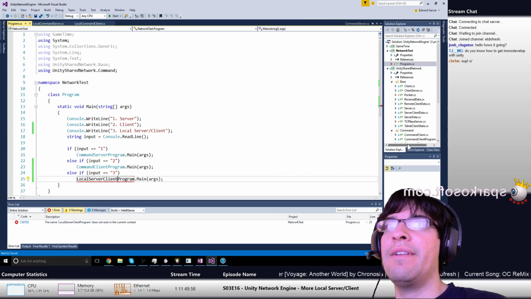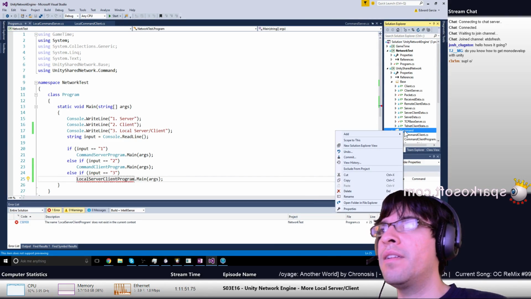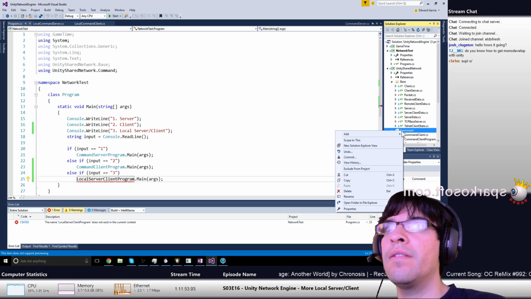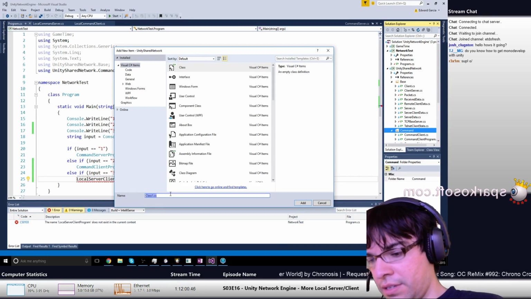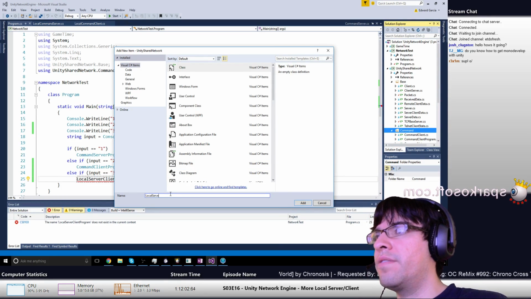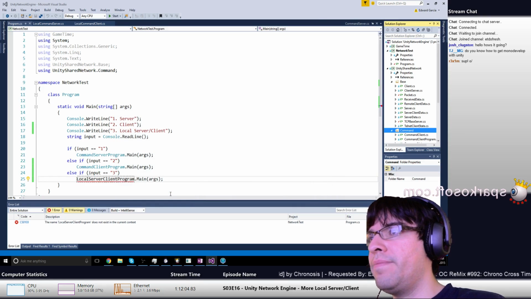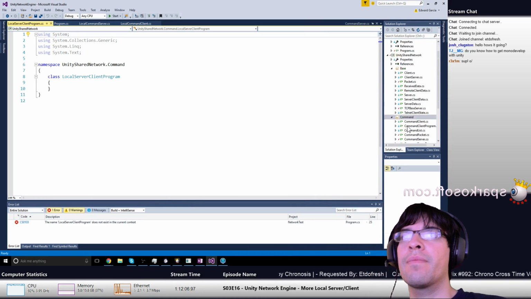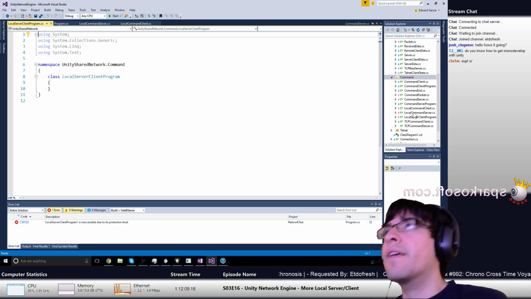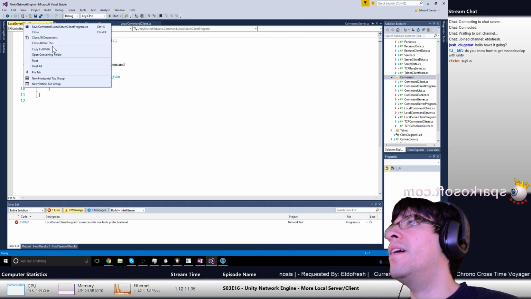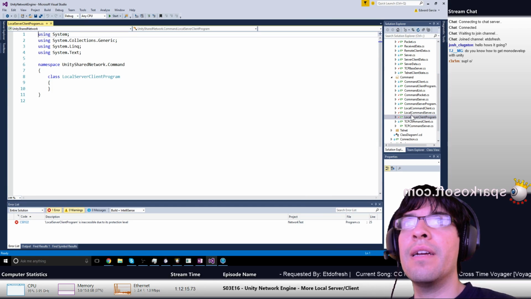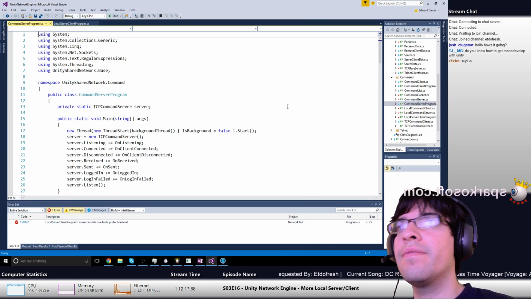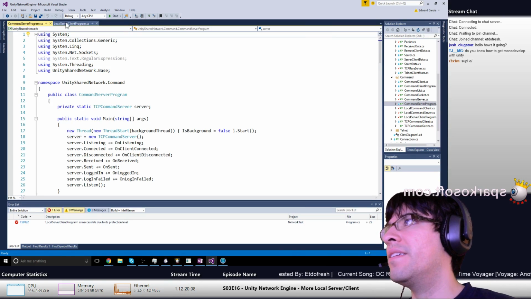And I'm gonna make that right here in command. Add new item, local server client program. Okay, and so much like our other programs, local server client program and command,